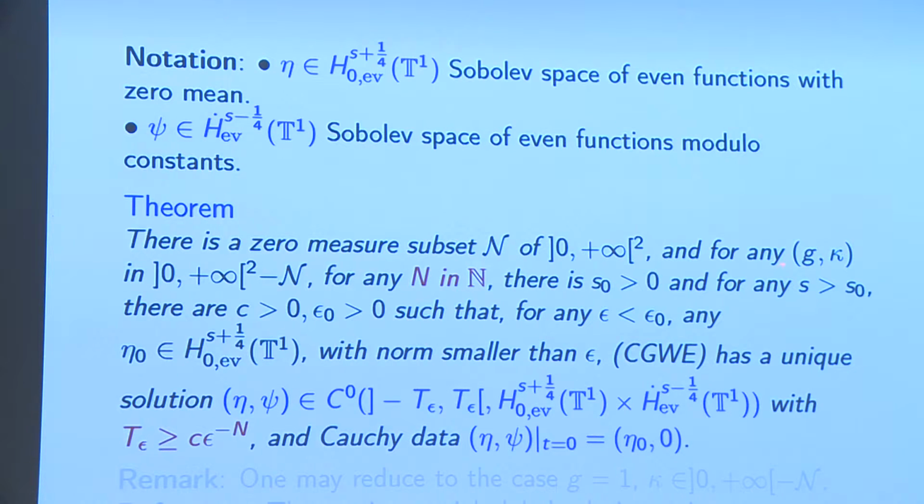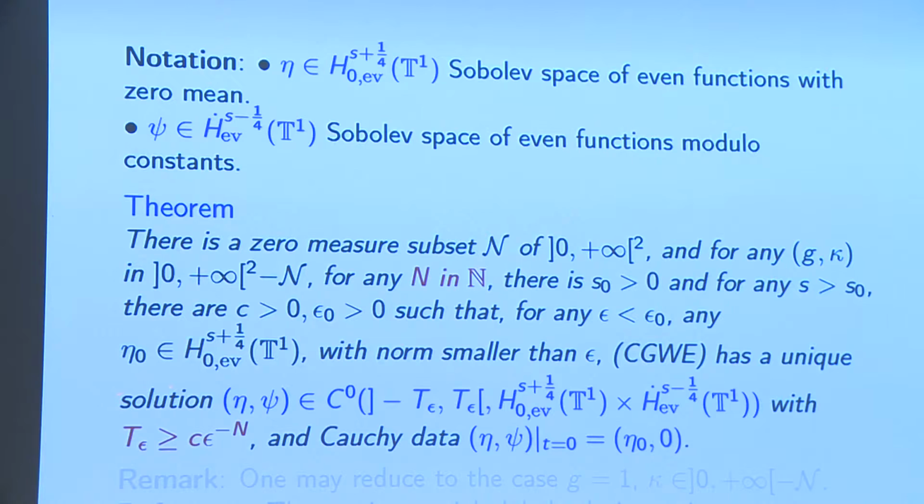And for any couple (g, kappa) of gravity and surface tension taken outside this subset of zero measure, for any given integer capital N, there is some index of regularity s0, large enough, such that if you take any s larger than s0, you may find some positive constants, c and epsilon 0, such that for any epsilon smaller than epsilon 0,